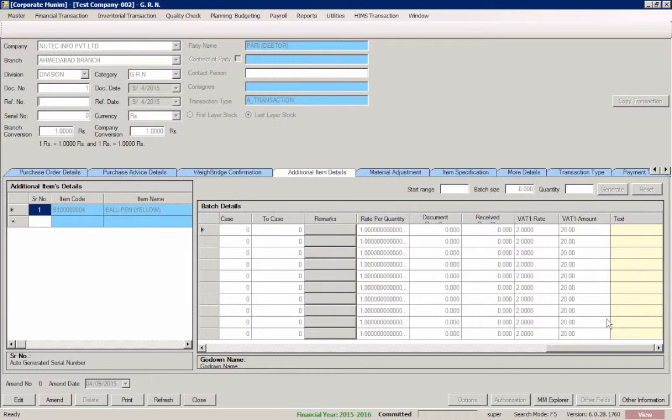In this enhancement, we add 12 tax options in the transaction form-wise option, like set amount 1 from inward batch tax amount, and by default the form option is none for all taxes. Now I will show you how this functionality works.